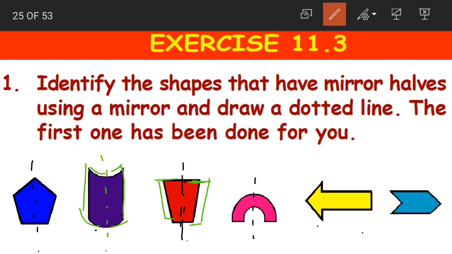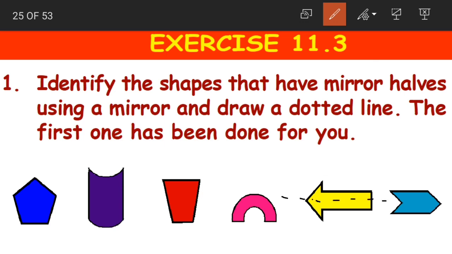Now coming to this arrow mark, if I draw this dotted line here in the middle, see, here this is just a U shape, but here it is having an arrow in the front. So this will not be my line of symmetry. So where to place our dotted line? Here. Understood? This would be my dotted line, nothing but the line of symmetry. This is our dotted line, nothing but the line of symmetry.